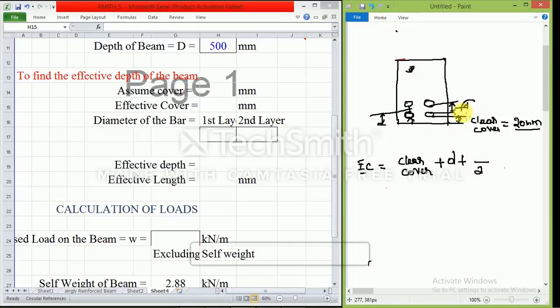So what is this distance? This distance is equal to dia of the top bar. I'll just take it as d1.